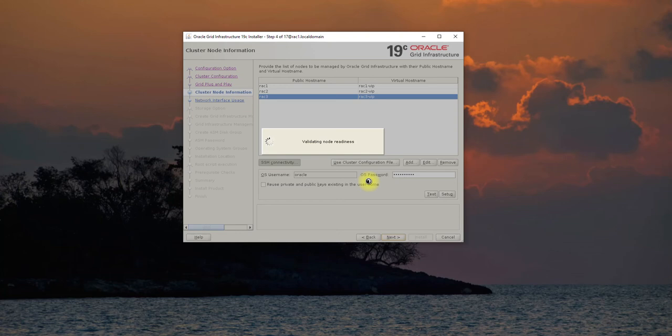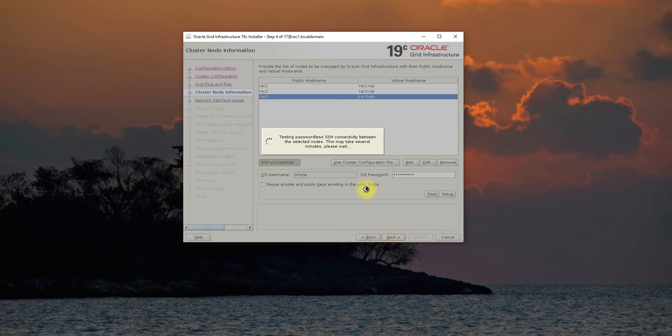Now let's move forward. It is checking the readiness and everything, including whether it is able to connect to all the nodes. It can see all the nodes. Okay, it can ping all the nodes. It should be fine.